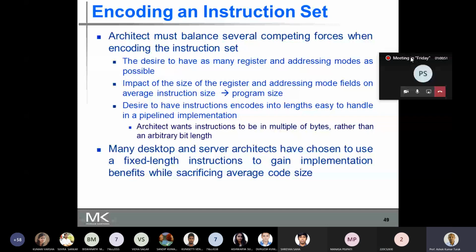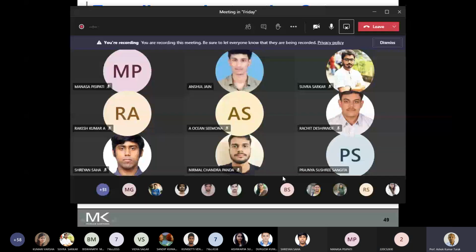Sir, in the last point you talked about fixed size instructions. Is it preferable to take a power of 2 or any arbitrary size? No, it's not. We will discuss next class. It cannot be arbitrary. The reason we don't take an arbitrary size is the implementation: finally, you design something with a large complexity in implementation, and you pay a penalty in the implementation.